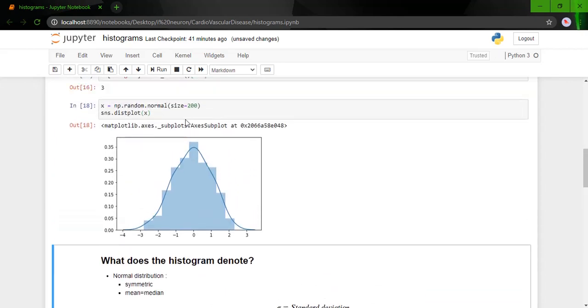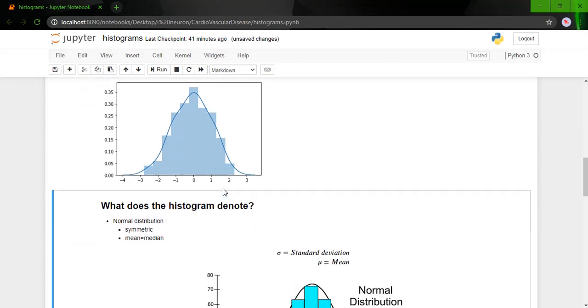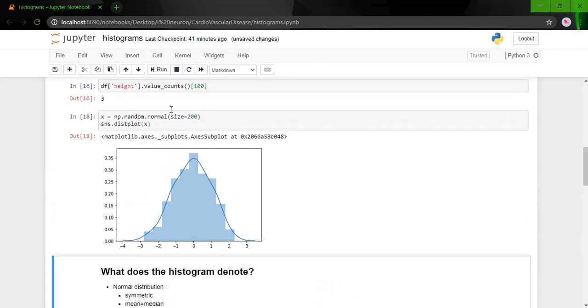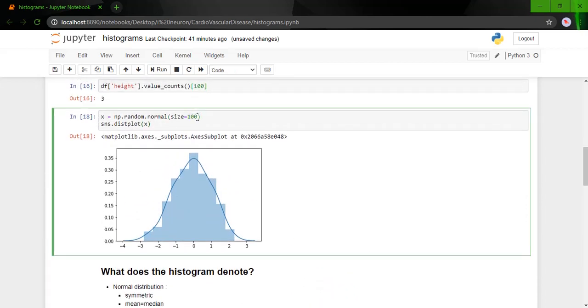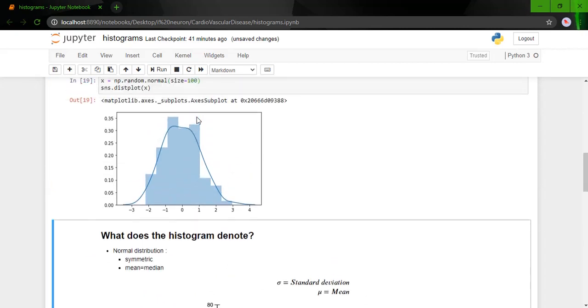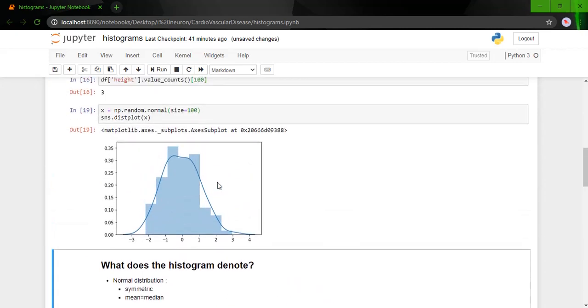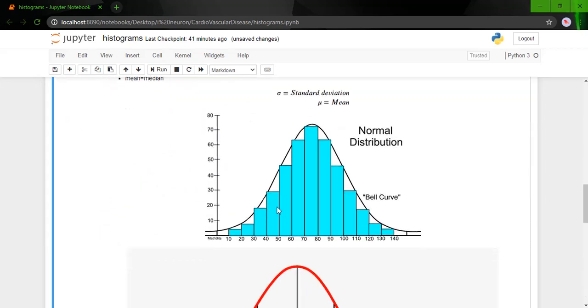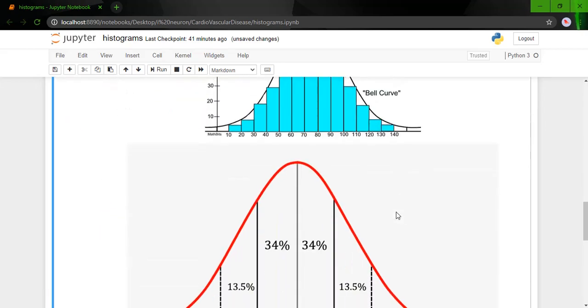Yeah, so it is almost normally distributed. As you can see here, you can compare these if we reduce the size so that we can see it better. Yeah, so this is also pretty much random but normal. So this is how your normal data should look.